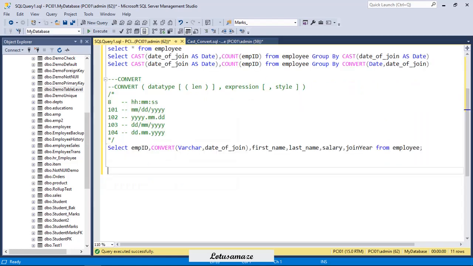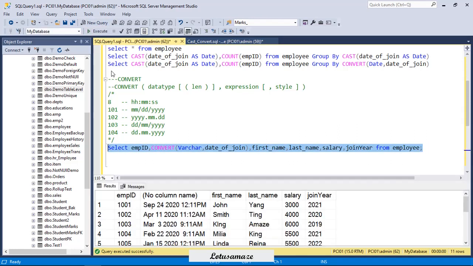Now we check a specific requirement or specific formatting where we can use only CONVERT, not CAST. We have the data, the year, and the date of join, but we need to display this date in a different format, say mm/dd/yy or yy.mm.dd. So these are some style codes.